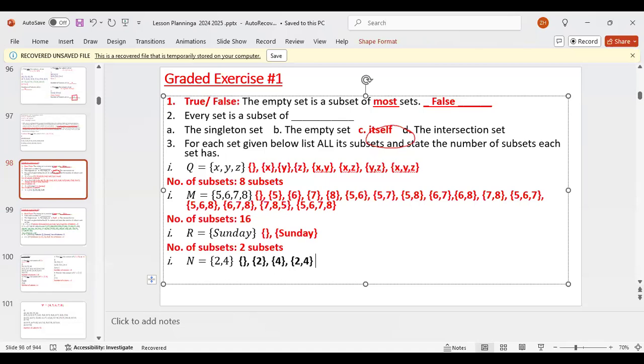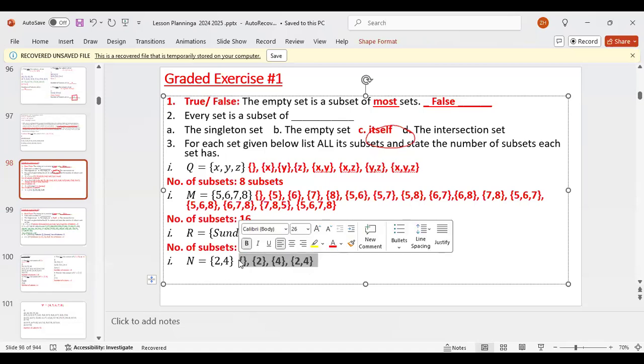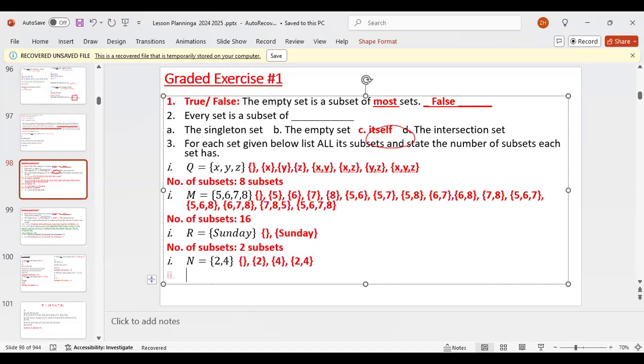I think that's it. Yeah, that's only 4. Only 4? Yeah, 4. I agree, 4. Okay, so the number of subsets is going to be equal to 4 subsets.